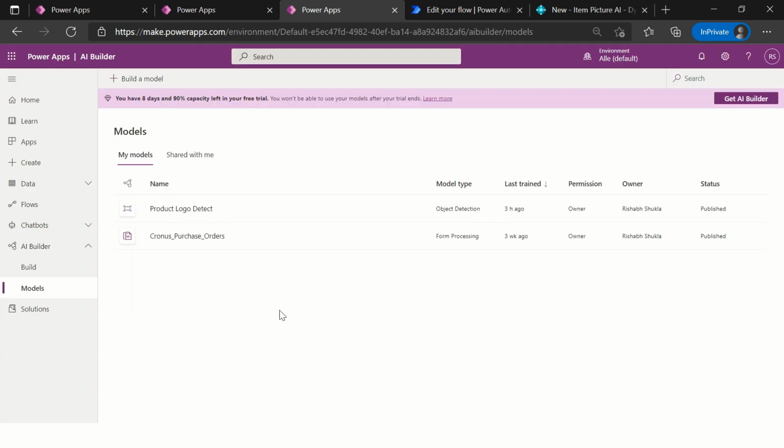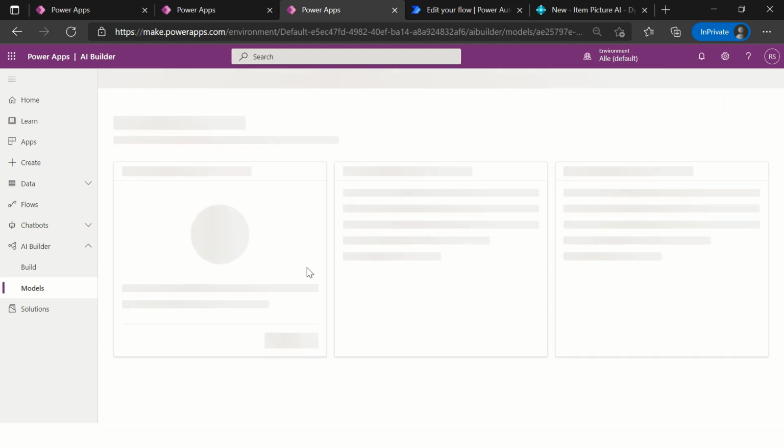So guys, if you remember the first video that I made, which basically reads the data from the PDF and gets that information to Business Central, it's kind of the same thing. So we are going to use an AI model. Earlier, I used form processing for document automation. This time, I'm going to use the model type as object detection. Okay, so if I click on that,